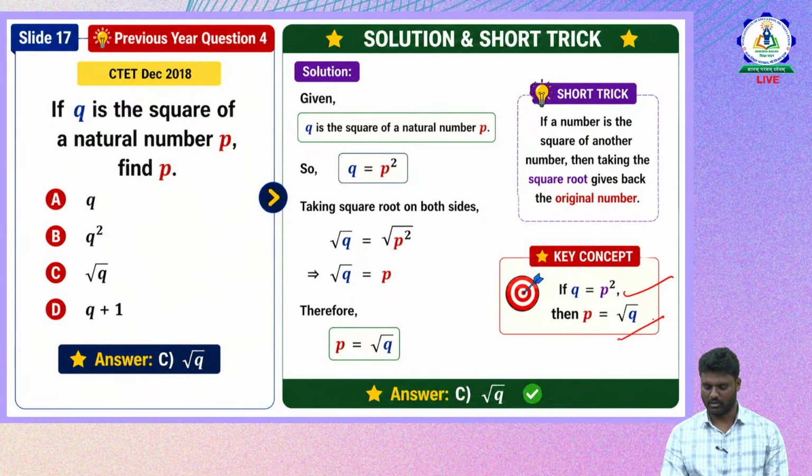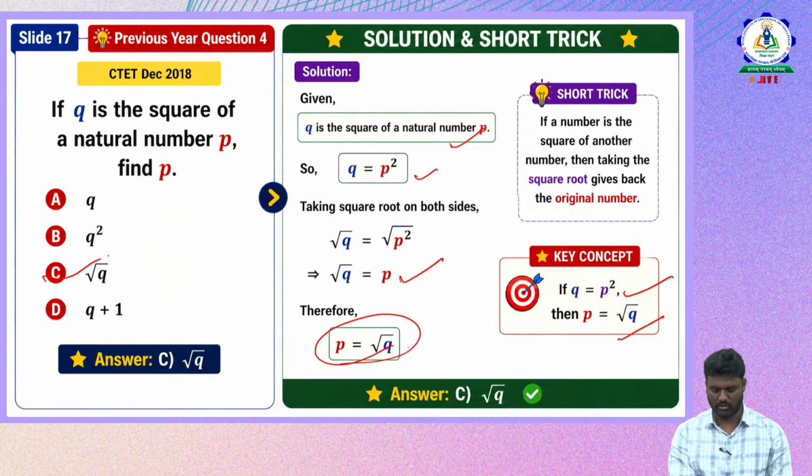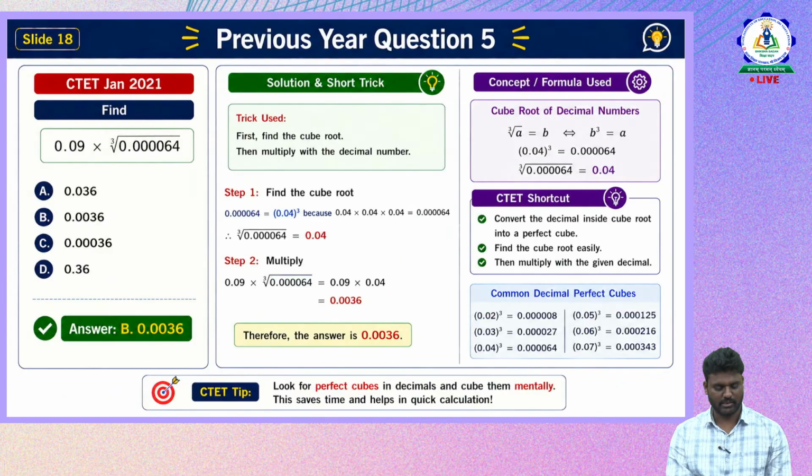So for this, if q is the square of natural number p, then q becomes p square. Taking the square root on both the sides, the square and root cancel, and root q becomes p. Therefore we can say that p is equal to root q. Next, find 0.09 into cube root of